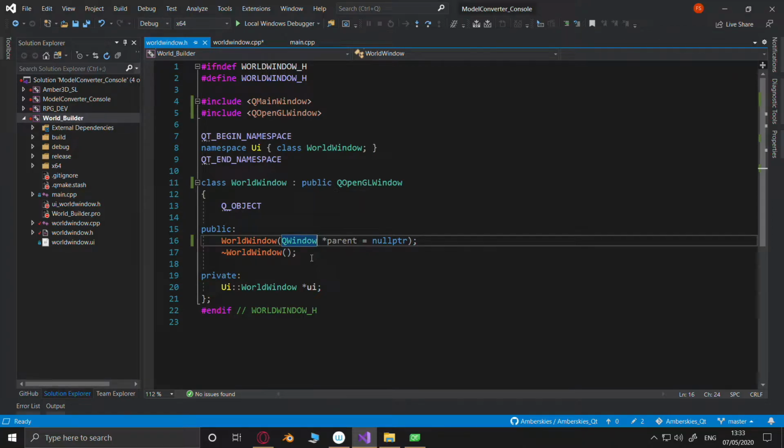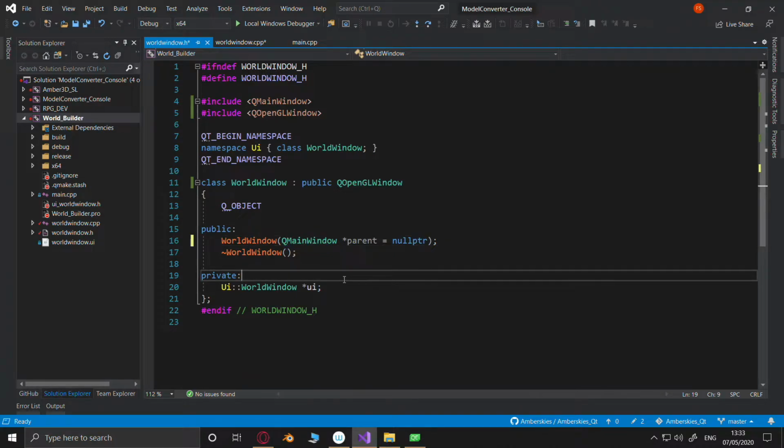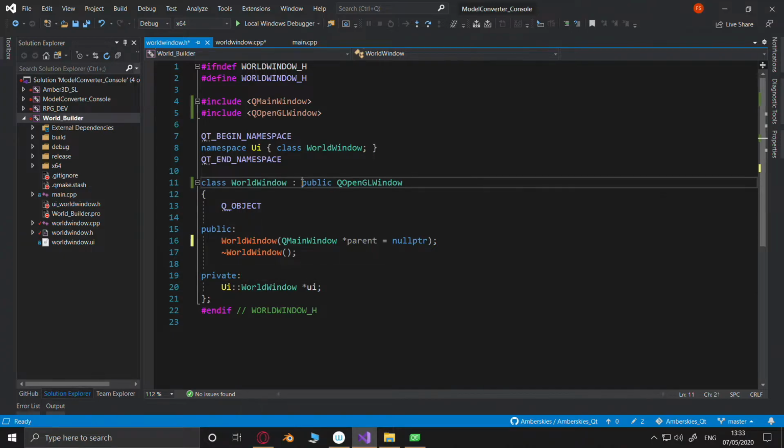And I doubt that I can do that. This is where it gets tricky. Okay.